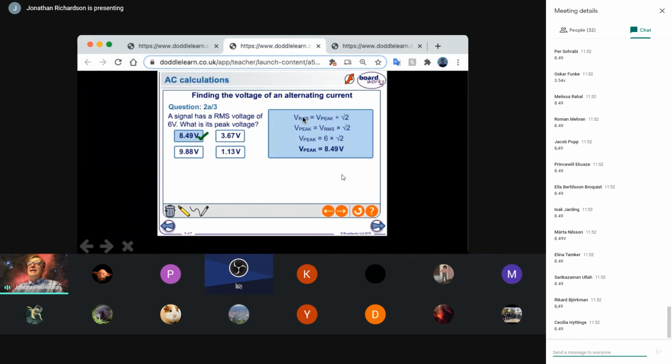Now, I know what one of you did, but the correct answer, of course, is 8.49. VRMS equals V peak divided by root 2. So V peak is VRMS times root 2, which is 8.49. I think one of you made the mistake. You actually did this calculation, which gave you, of course, this answer here. So the second part,